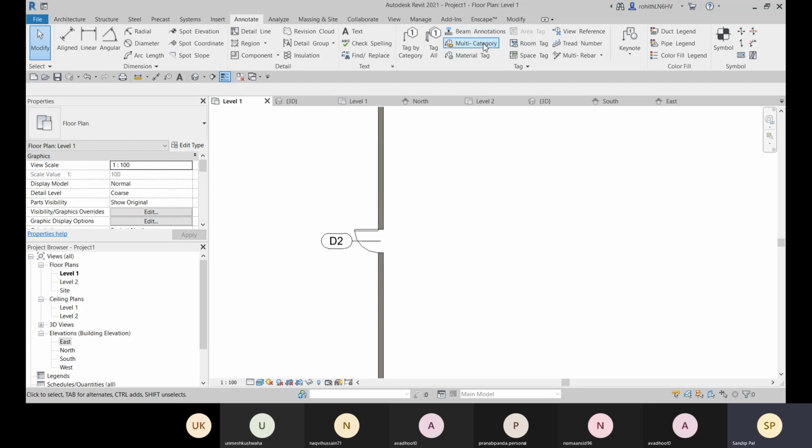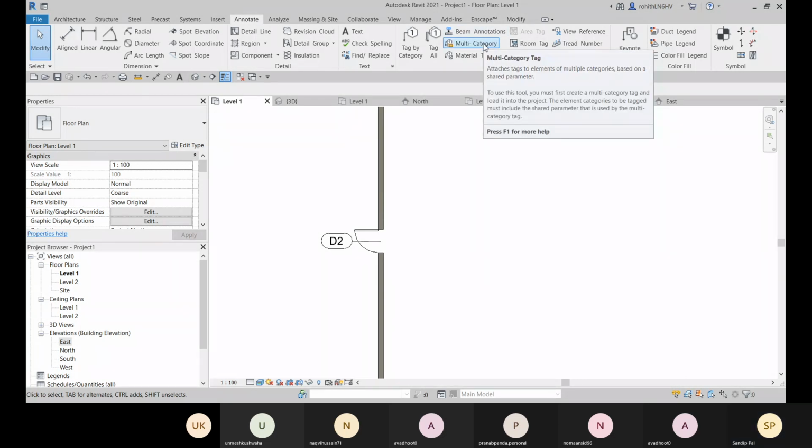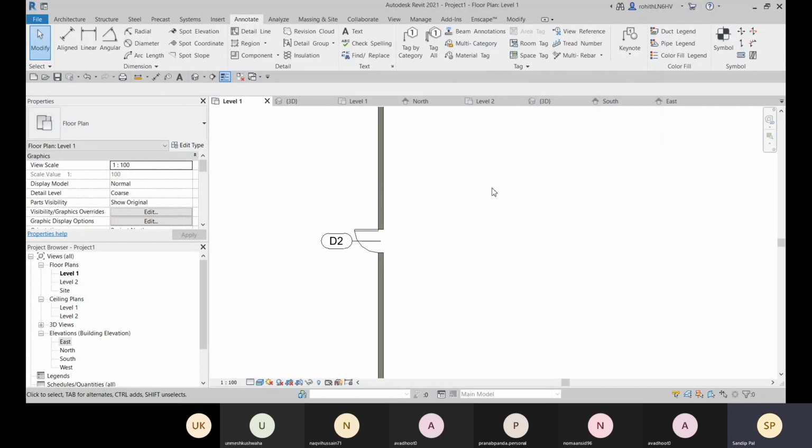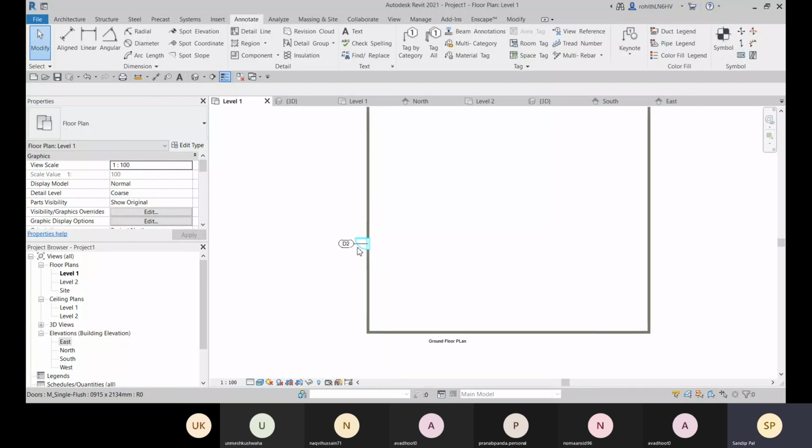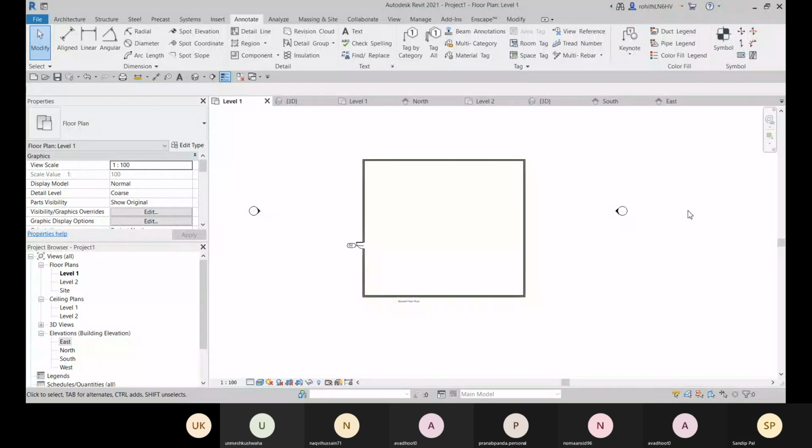So you can choose this multi-category. Okay. Or some shared parameters are there which you want to highlight. So for that, you can go with this multi-category option. Okay. So this is how we will place it.